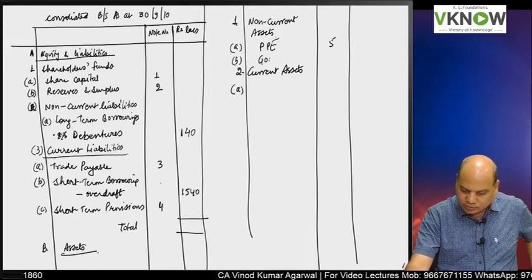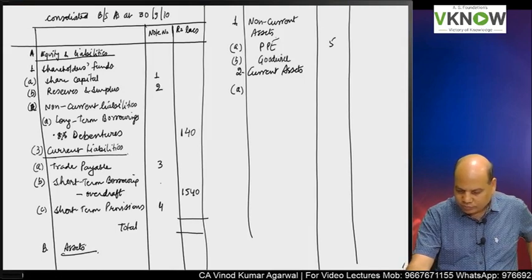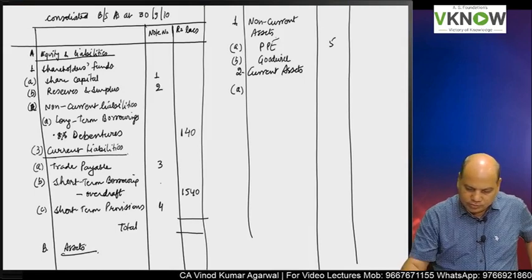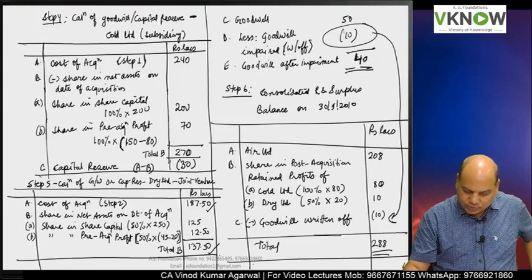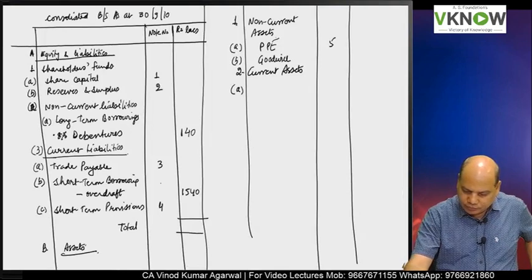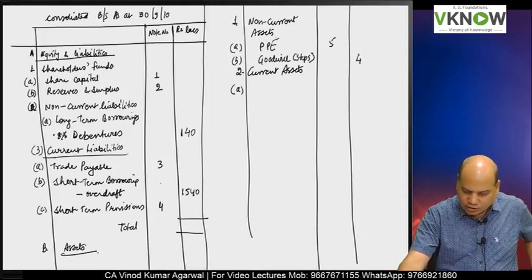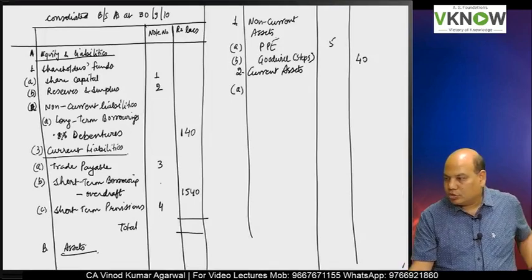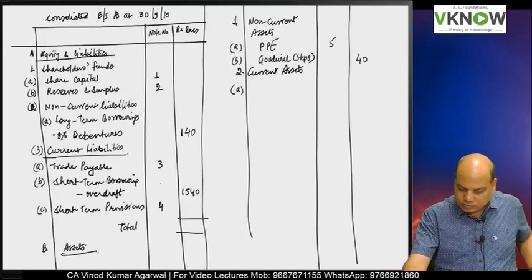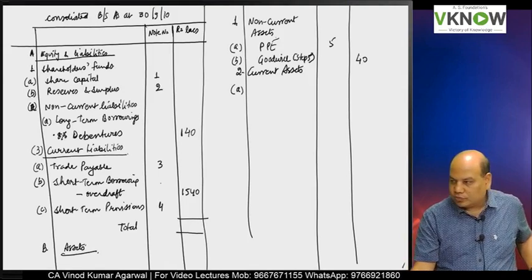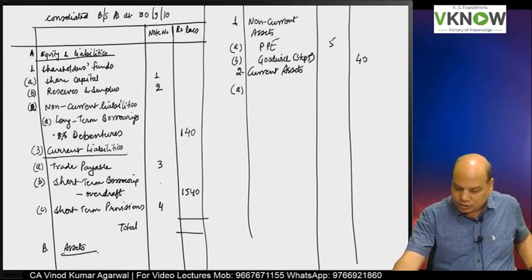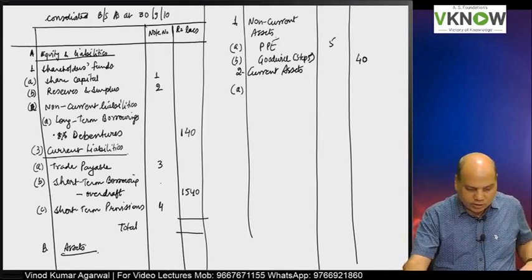B, goodwill. Goodwill we have computed in step number 5. Step 5, goodwill 40 lakh. Goodwill step 5, outer column 40 lakh. Current asset, write down